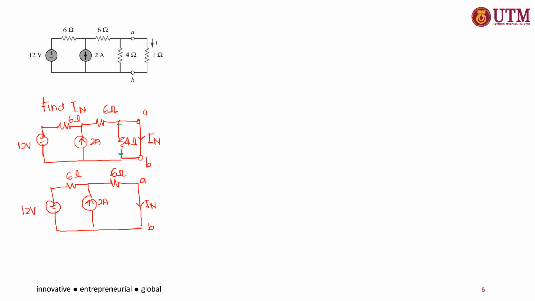So here we also can use KCL at this node V1. So KCL at node V1, we will get (V1 minus 12) divided by 6, minus 2, plus V1 divided by 6 is equal to